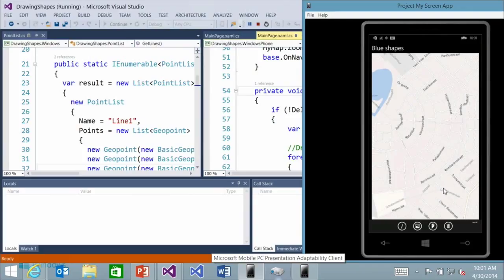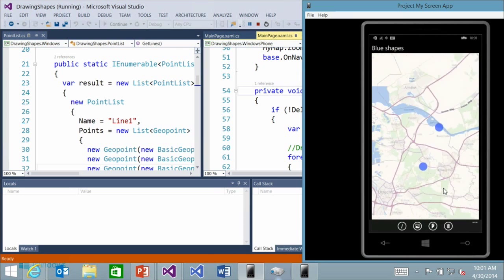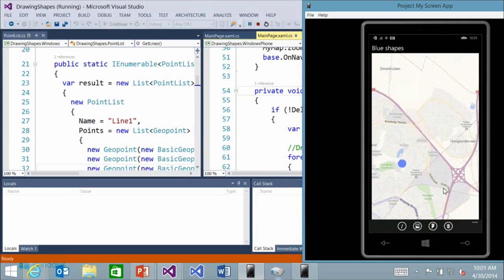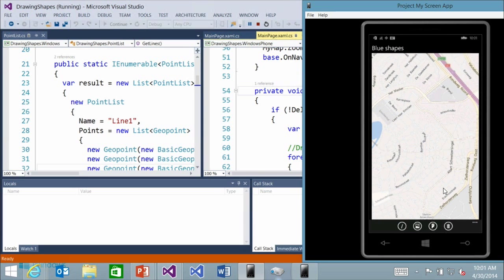Okay, and I'd like to take this moment to give a thanks. You see, we are in the wonderful area just outside of Amsterdam here. Amersfoort, yeah. And I may have to run this again. Okay, I think I'm over here. And this was provided to us by a wonderful MVP known as Joost van Streek. He provided some of the mapping applications, and his work is just fantastic. So a big thanks to Joost for his work here.